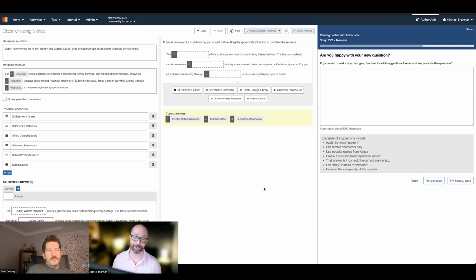This was a fictional example on tourist attractions in Dublin, but it could be anything. If it's private content or content that only you have, you can enter your own source material. If it's more open web questions, you can enter a topic, specific question stem. You can refine on step 2 as we've seen. So hopefully whatever you're trying to do, we've got you covered.